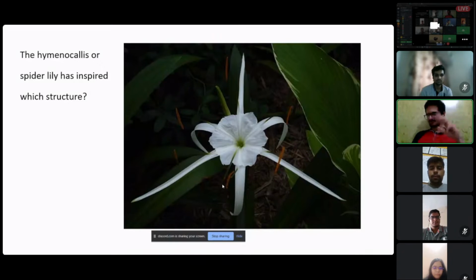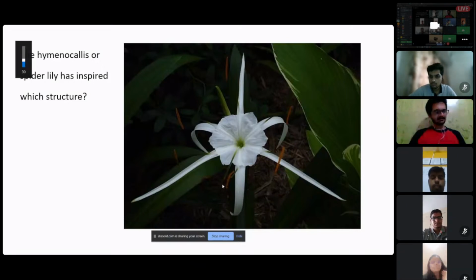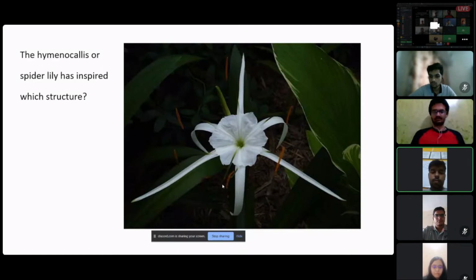So P5, what's your answer? Do you understand the question is being bounced from P1 to P5? P5, give me an answer. Shape. I'm sorry, what? Star shape. Sorry, P6. Yeah, I want to pass this question. Okay. P7.